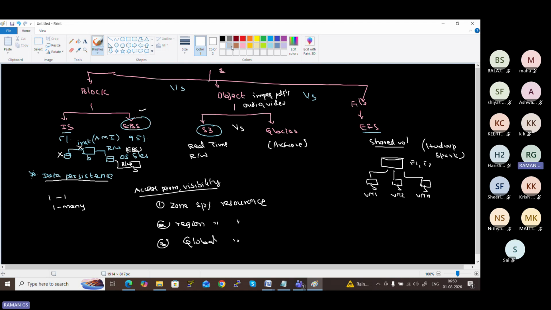Can anyone please let me know an example for the corresponding resources that we have discussed? I have explained, I hope, with an example. If not, please let me know, I will explain. I explained the difference between all these three and the example of each. Yes, whether we explained or not.